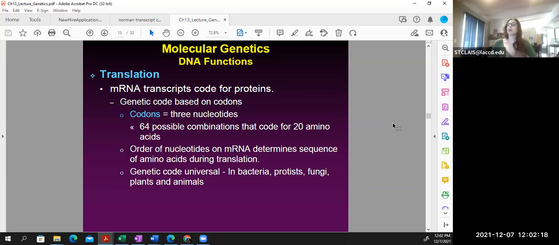Okay, so as I mentioned, for translation, the messenger RNA is going to consist of the transcript, and for a coding region of the DNA that codes for proteins. And the codons consist of 3 nucleotides. The interesting thing here, and it took a while for researchers to figure out, is that there are 3 nucleotides